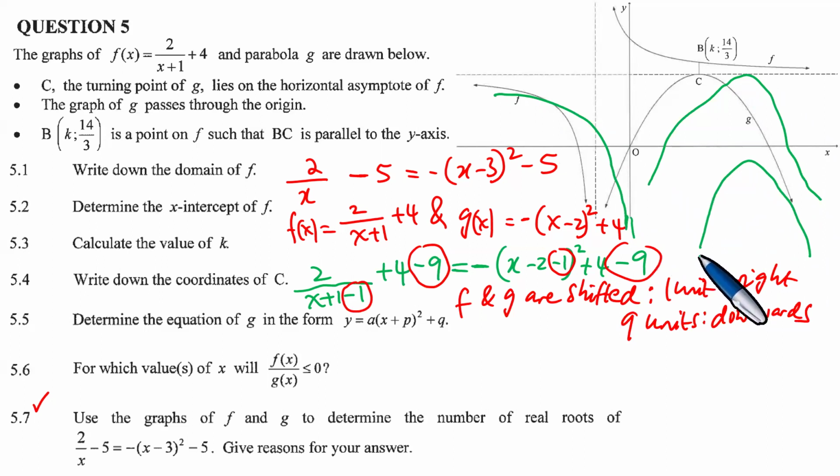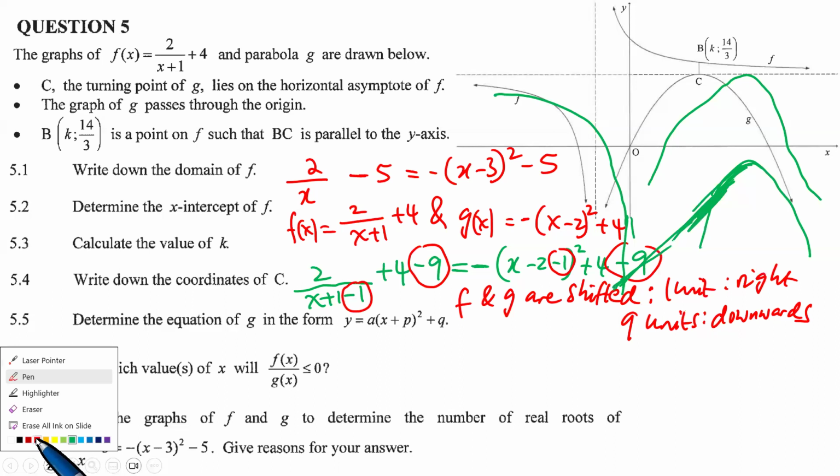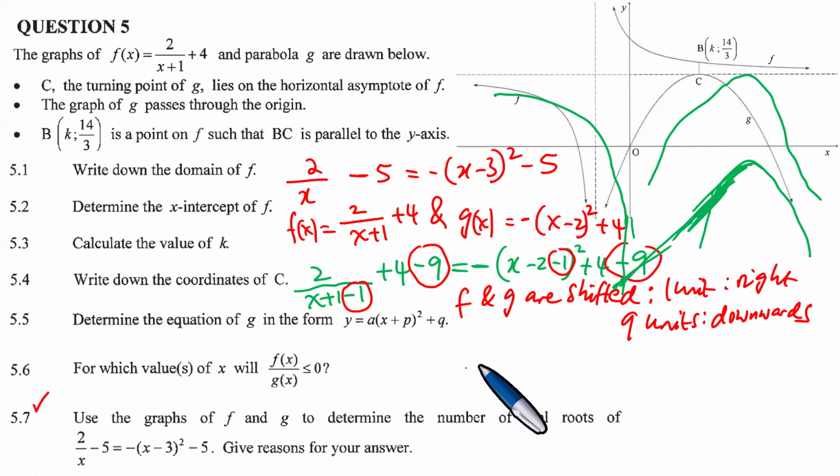Now, what are we able to achieve out of this? We understand that this graph here is going to intersect like this and touch here. So it's going to cut. And when it cuts like this, there are a couple of things that remain very important. So you'll have a single point of intersection after the movement of 1 unit to the right and 9 units downwards. So what inference are we able to make? We are able to say that they only intersect